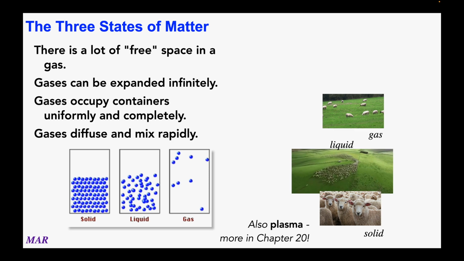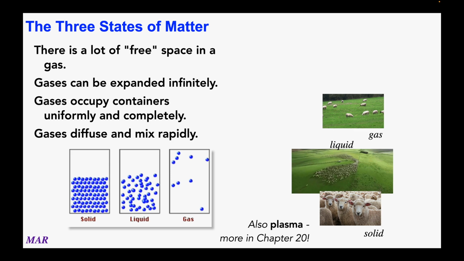In the next chapter or so, actually a couple chapters, I guess, we will look at solids and liquids in more detail. Now, in addition to solids, liquids, and gases, there is a fourth state of matter called plasma. And plasma in the universe is the most common phase of matter. We'll look at plasma in chapter 20, but it's not super common on the Earth. Again, we'll talk about that more later, but I just wanted to tease you.